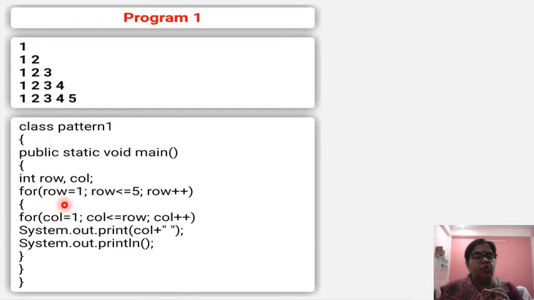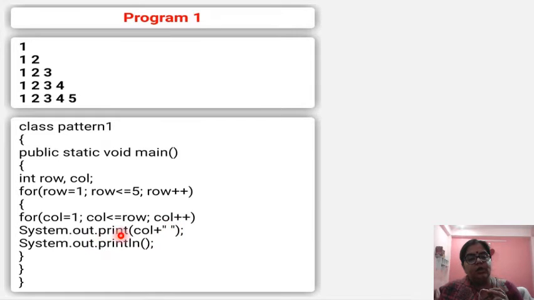In the first iteration row is 1, it will work till 5, and row plus plus. When row is 1 it will come down here, and column is 1 and column will work till the row. It means presently the value of row is 1 and column plus plus, column will increase by 1.